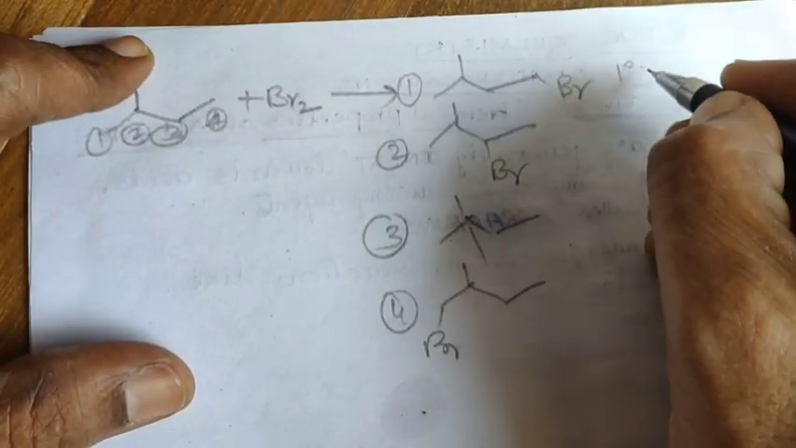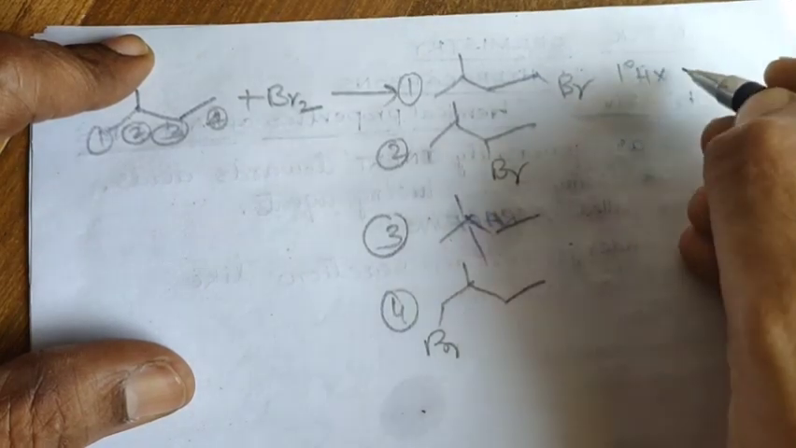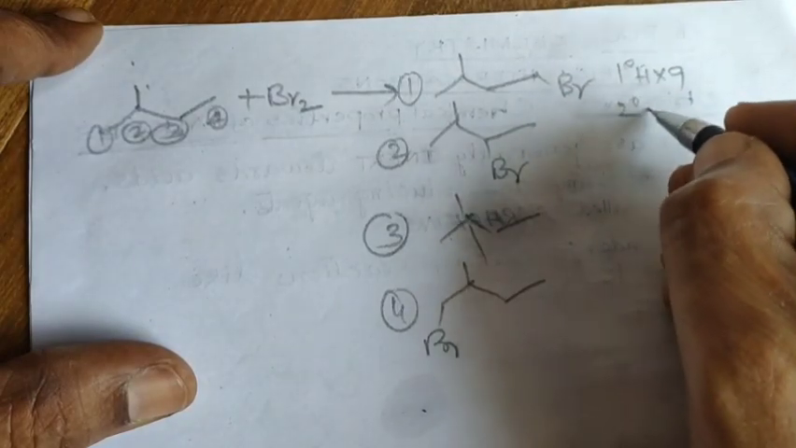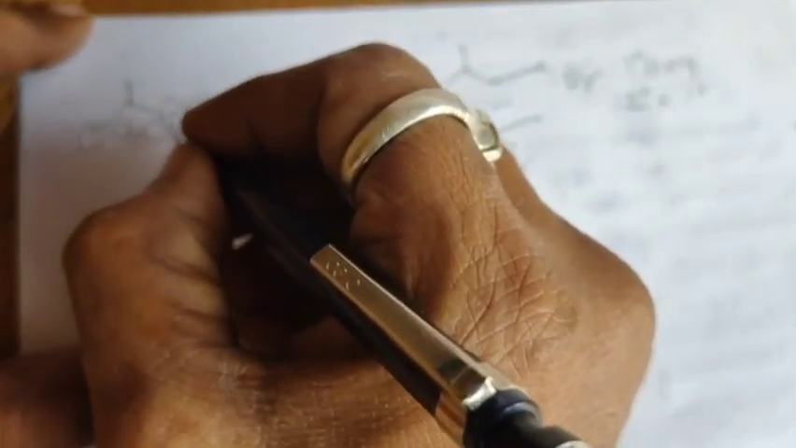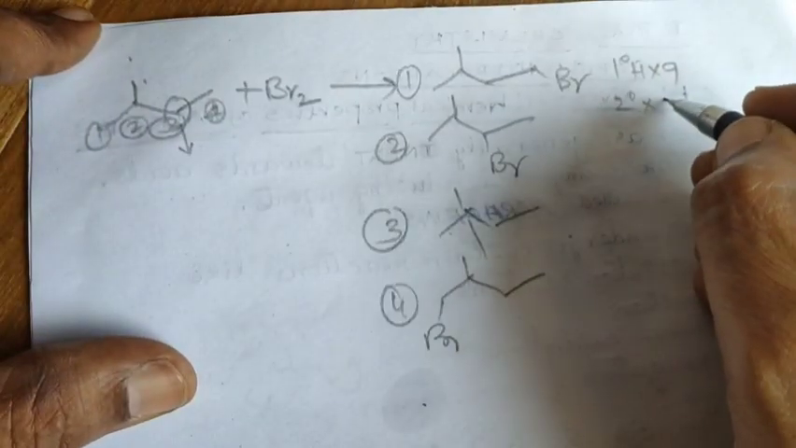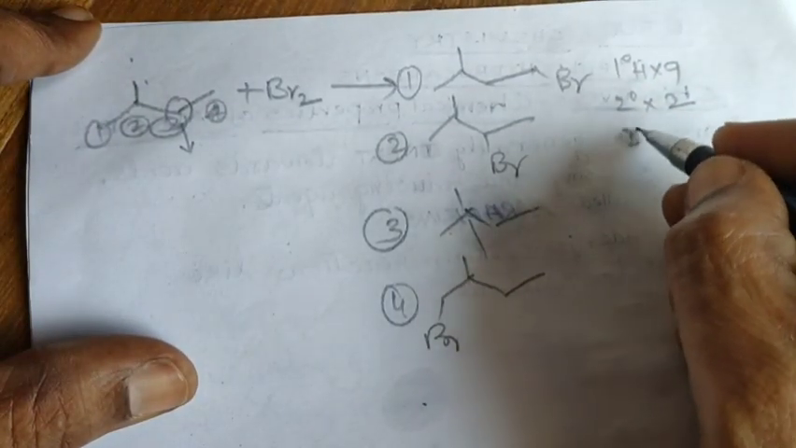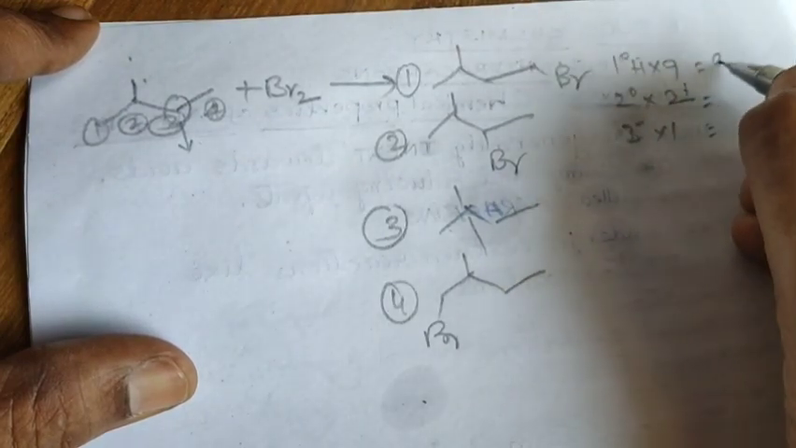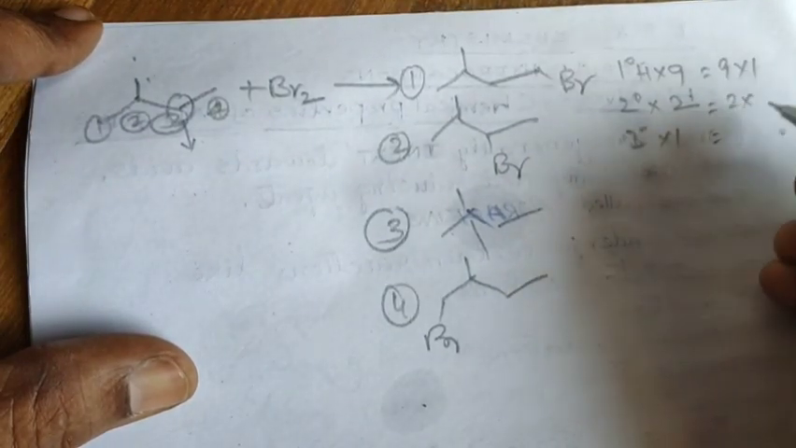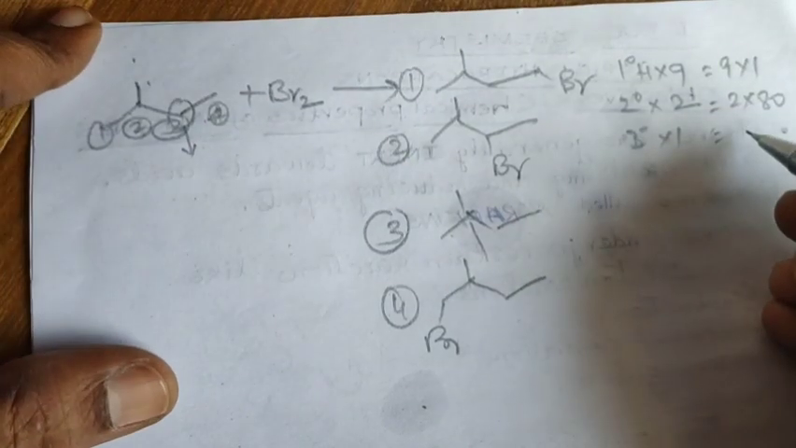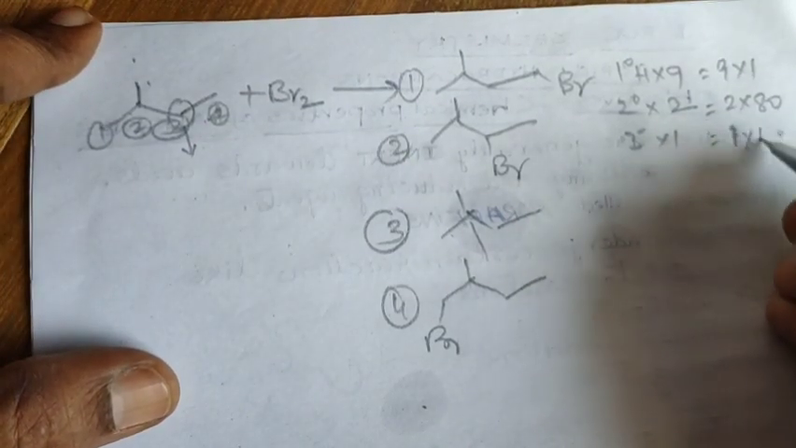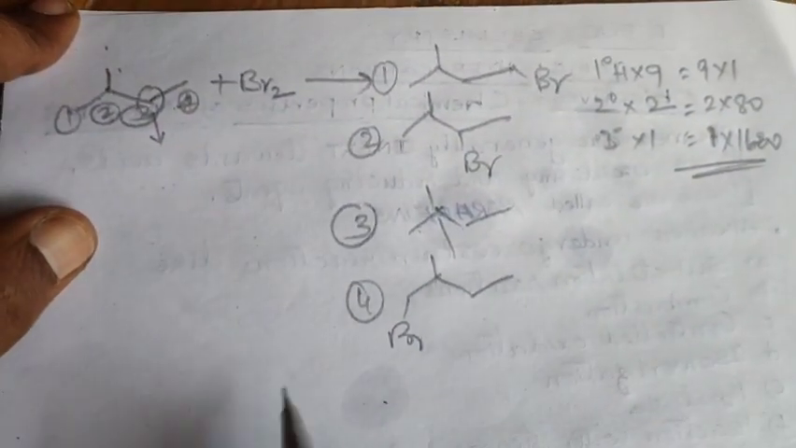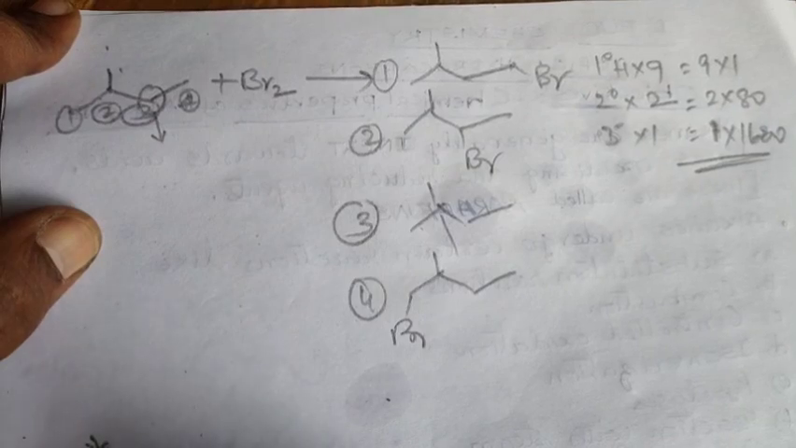Number of primary hydrogens, they are 9 in number: 3, 3, 3, 9 in number. Secondary hydrogens are, this is a CH2, secondary hydrogen, 2 in number. Tertiary hydrogen, 1 in number. The reactivity is 9 into 1. Here 2 into 80 and 1 into 1600. So the major product is, based on this one,